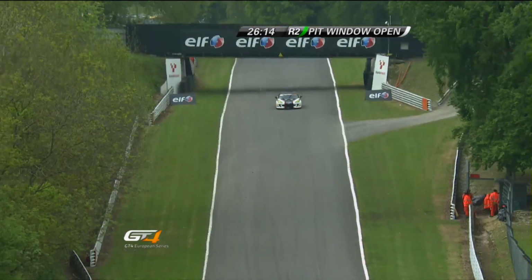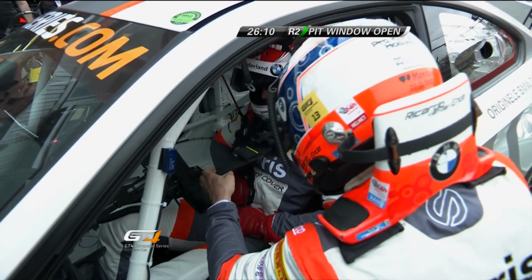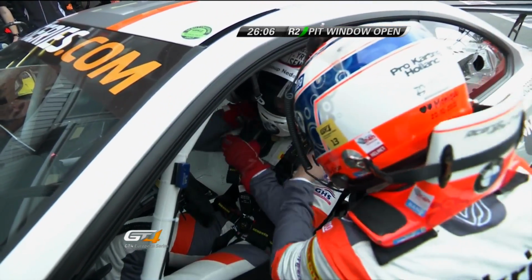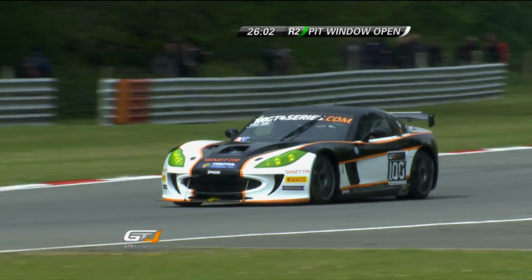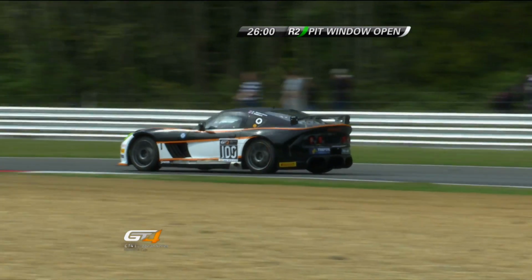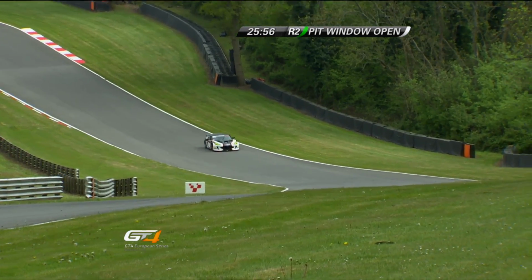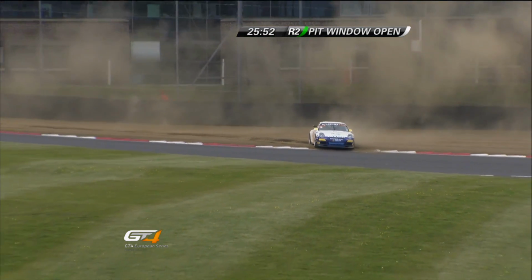I think they're set for third position, but don't forget David Patterson will take over the 56 McLaren. With the best will in the world, he is not a match for some of these much, much younger drivers, several of them giving many decades away to David in terms of years on the clock. Number 100 now in the hands of Tom Hibbert, down out of Westfield into the dip at Dingledale, out the other side. 75 Porsche from Orlando